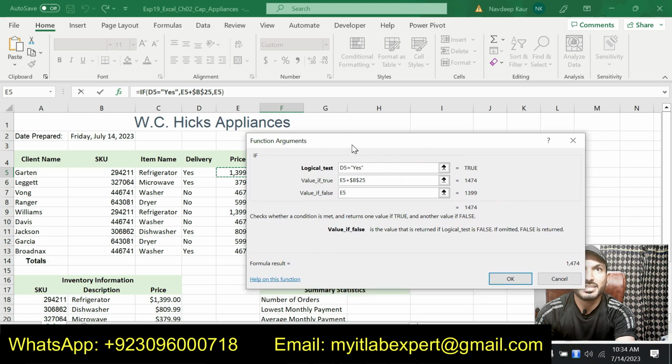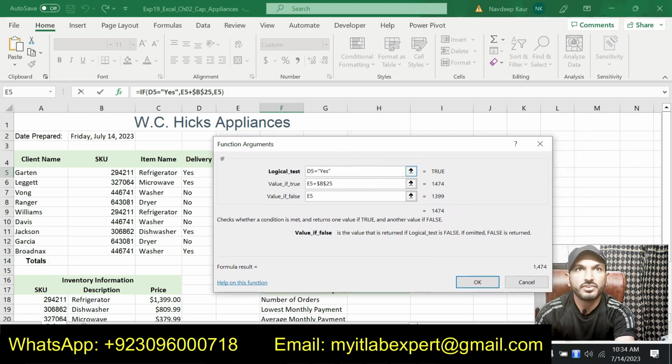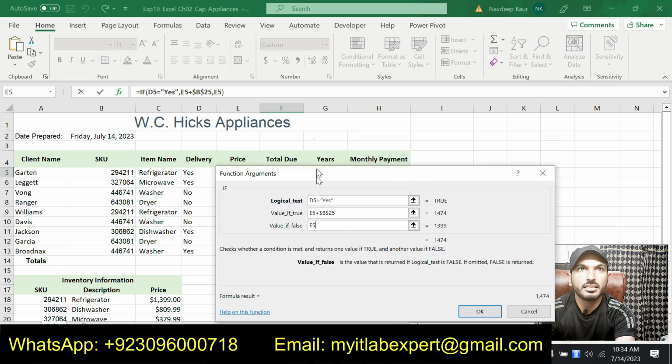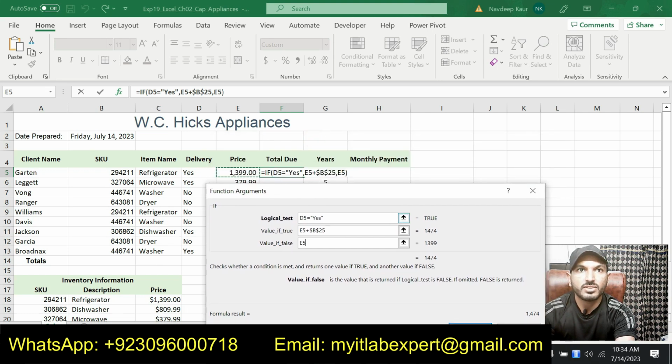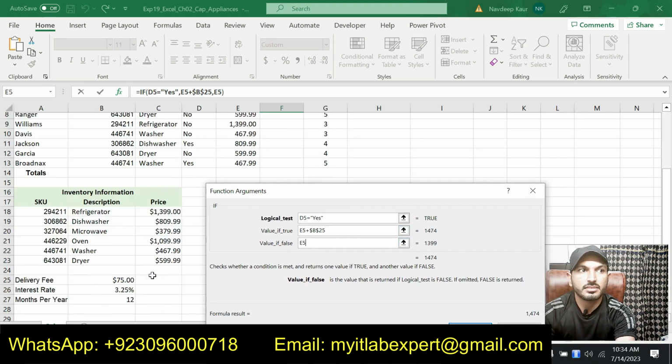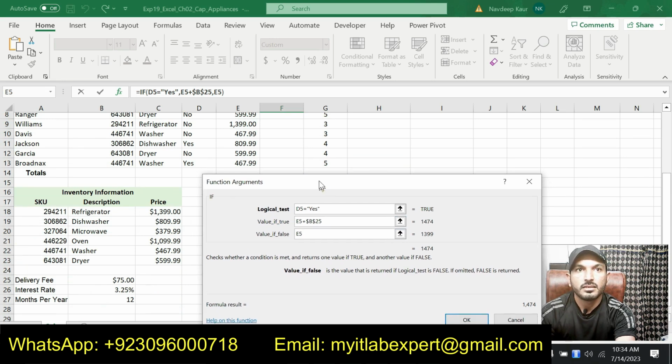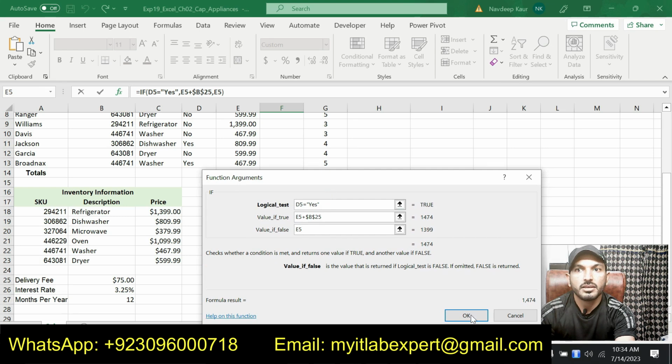So let me repeat it again. We are using an IF function, and if the customer is using home delivery, meaning if D5 is equal to yes, then the total due will be the item price, E5, plus the home delivery fees, that is B25. Otherwise the price will be E5 only.